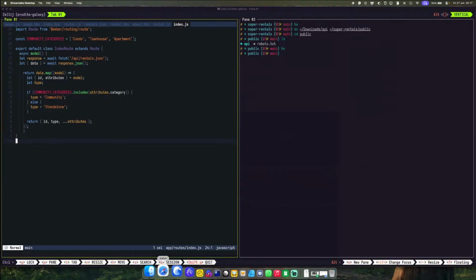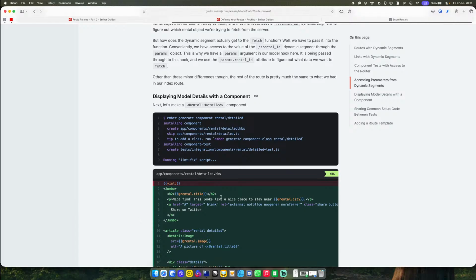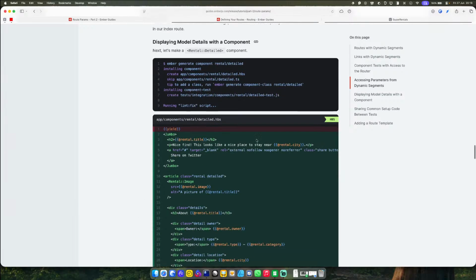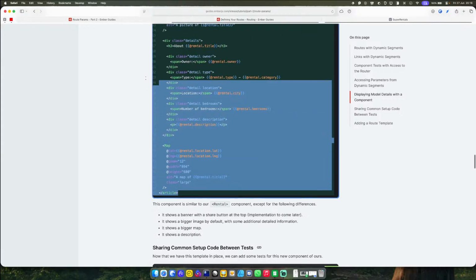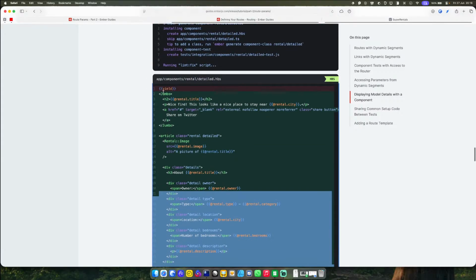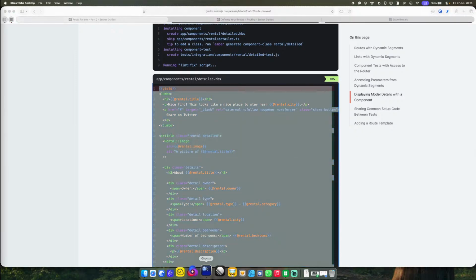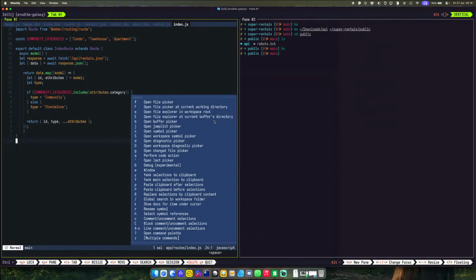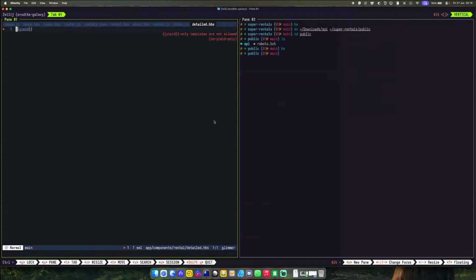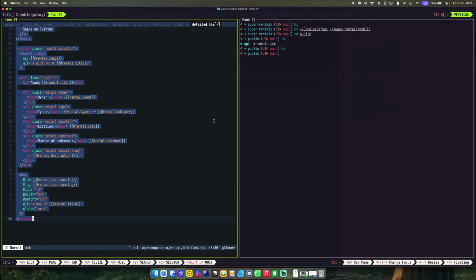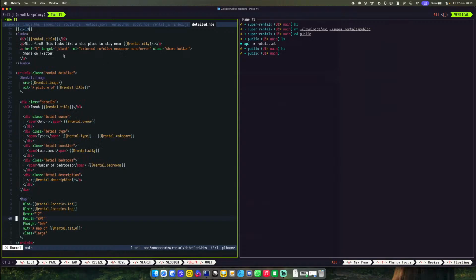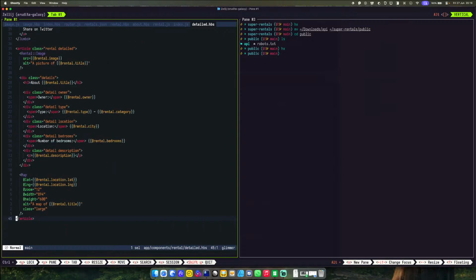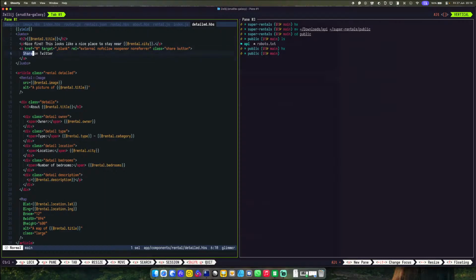But whatever. We're just looking around, and that's exactly what that says. So for rental detail, I'm going to copy and paste this in. There we go. Let's go back into here. So we go to here and just do details. Let's just yield. Only templates are not allowed. No yield only, but okay, fine. You gave it to me. Oh, cute! It says share on Twitter. Nice. Let's just change that to share on